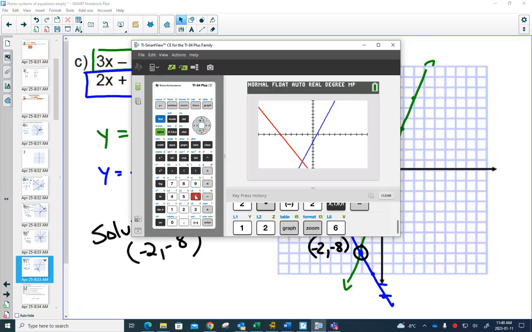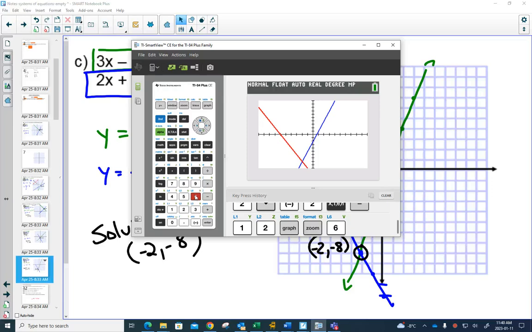Your window is just set up differently. Hit your zoom button. Go to number 6 for standard window. And then it looks nice. Okay. So now that I have both of them graphed,